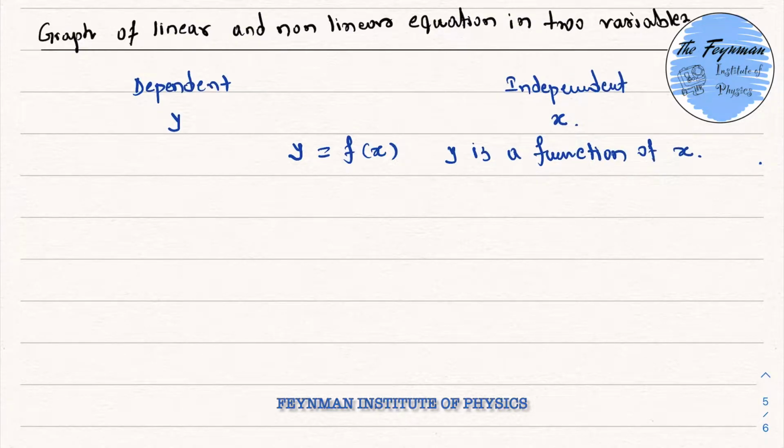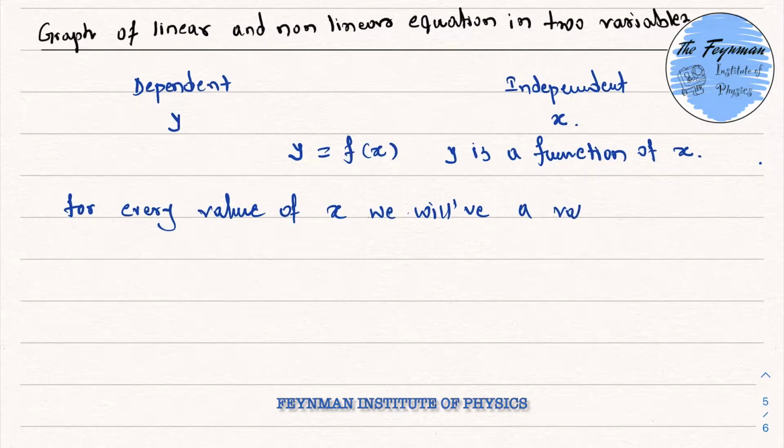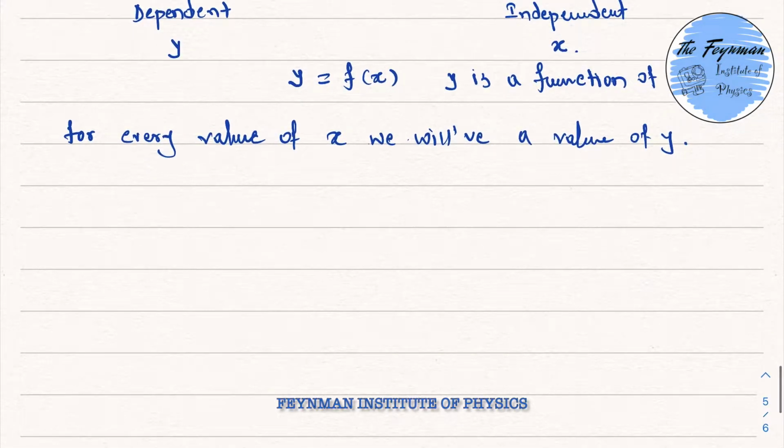Now why we call it to be a function of x? Because we can see that for every value of x, we will have a value of y. So that is why y is called to be a dependent variable and x is called to be an independent variable. Now this functional equation can have different form, like y can relate with x by the equation